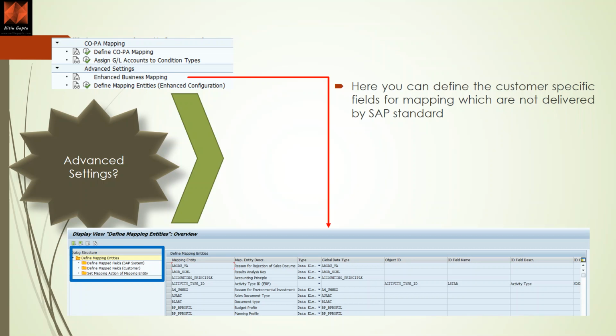So when we say mapping entity, it's like standard SAP says GL account, cost center, profit center, document type, all these are mapping entities. And tomorrow you say, okay, something new term which you may not be having. For example, product family, or any other configuration in the system, or you are using any additional field or any additional node which you need to map. So there you can add this in the mapping entity. You can say define mapping entity. Of course, you have to fill all the description, create a custom table, and then define mapped field SAP system, which is given by SAP.